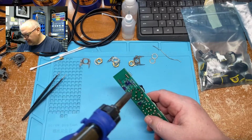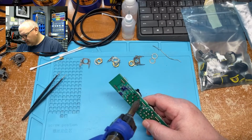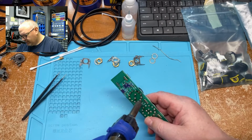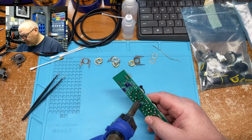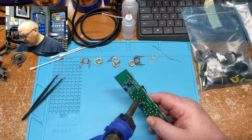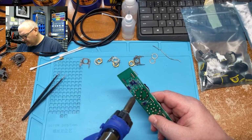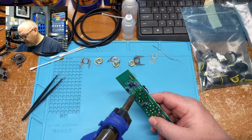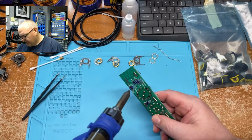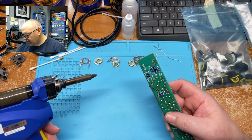See how leaving the heat on it for a little bit longer cleaned that one out? And apparently this was in for service before. Hang on. Yeah, this unit was in for service before, and the last person that did the service on it just used